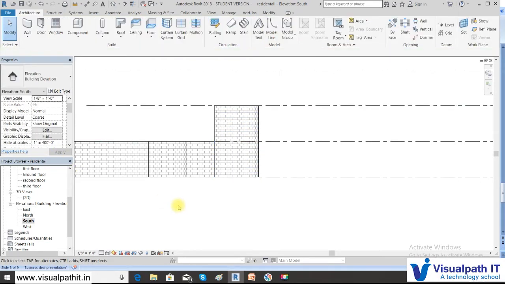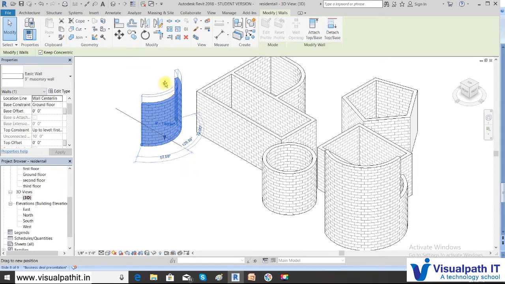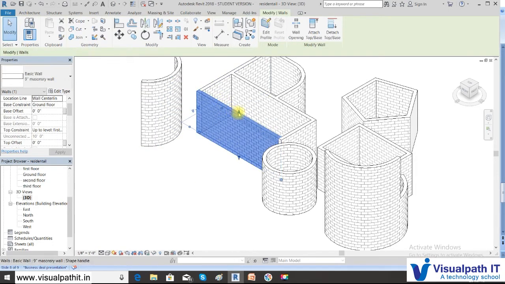Now since we have done this dynamically, okay, now you go to the 3D view once again, you can edit the wall height. Now you see here, it has gone to 20 foot. You can even do this, select this wall, drag it as per your dimensions. Okay, you can change it again here.